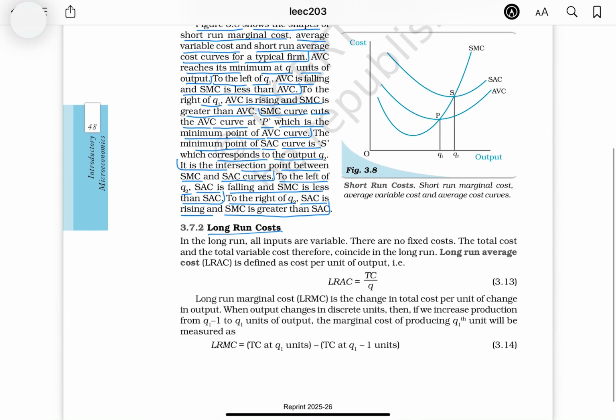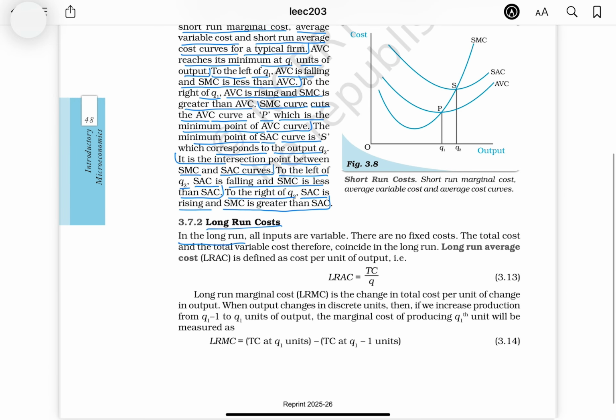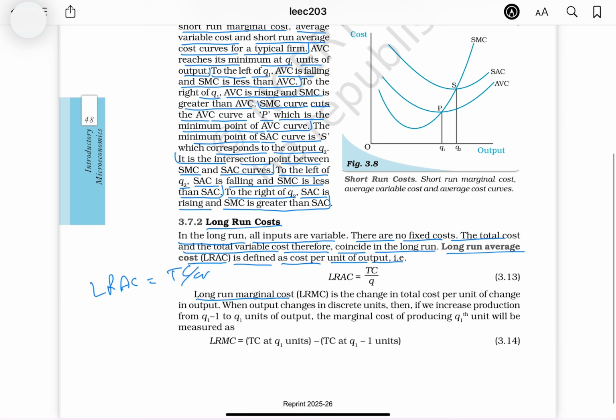Long run cost. In the long run, all inputs are variable. There are no fixed costs. The total cost and the total variable cost therefore coincide in the long run. Long run average cost, LRAC, is defined as cost per unit of output, that is, LRAC equals TC divided by Q. Long run marginal cost